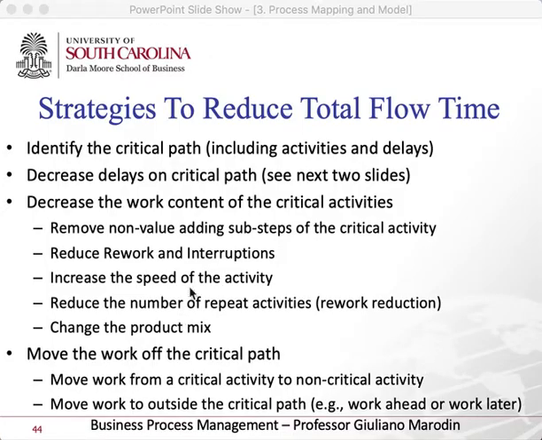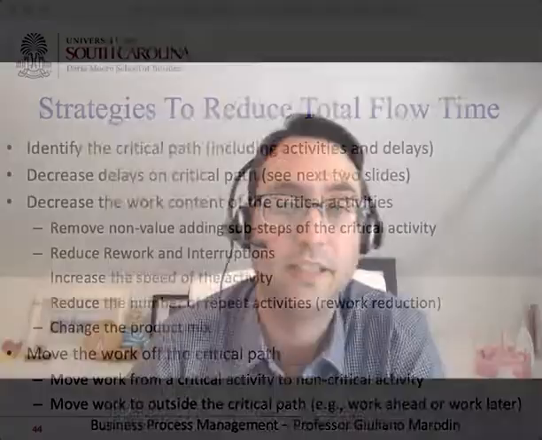Just at the end here, some strategies to reduce that total flow time. So identify the critical path, the one that is taking more time, and understand the delays. So not the core processing time, but the non-value added, the waiting times and all the other stuff that is impacting the batching, the transportation, the inventory. Because usually they are most of the total or the actual flow time, right? Remember, the actual flow time is the total time. The core is only the steps that are adding value. And most of the time, that actual is a lot bigger than the core processing time because you have a lot of waiting